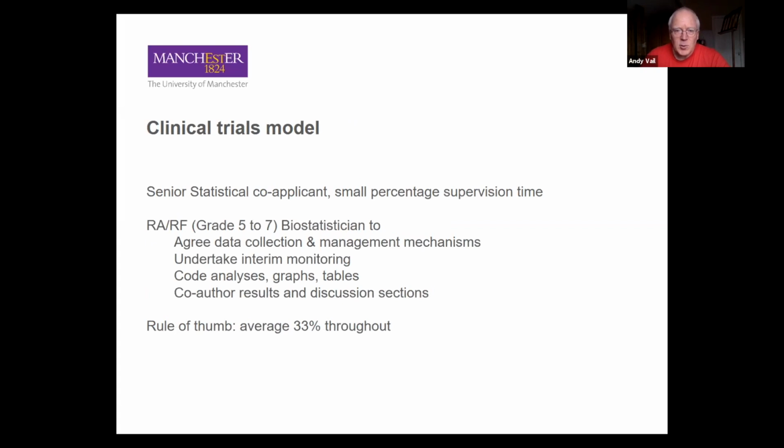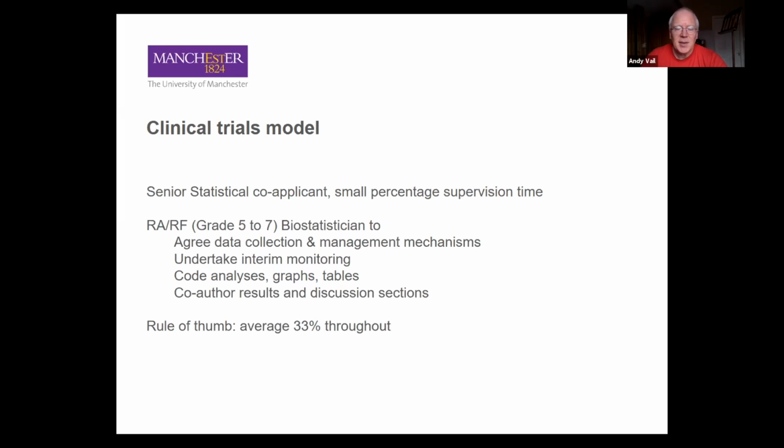So as an example, the clinical trials model. When you apply to the NIHR for clinical trials funding, or to any of the major charities, this will be a fairly standard model: there will be a senior statistician as a co-applicant with a small percentage of their time for supervision of statistical aspects of the study, and there will be a junior statistician whose job will involve making sure the data collection forms and the data management mechanisms are going to provide valid data for analysis, undertaking interim monitoring of the accruing data, making sure things are going to plan,